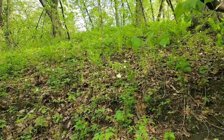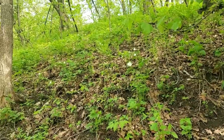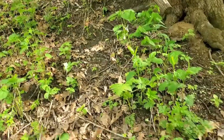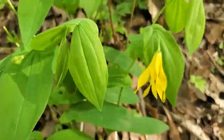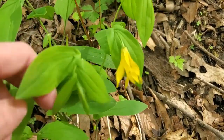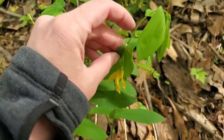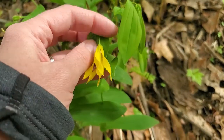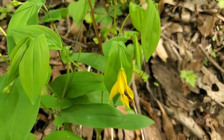Another thing you'll find on the hillsides, sometimes mixed in near that large flowered Trillium that we talked about, that big white flower, are these smaller yellow flowers. This is large flowered Bellwort, and might have 2 or 3 flowers on it, but this one looks like it just has 1. If you look, the stem always goes through the leaf and they nod down these bell-shaped flowers. They have 6 yellow petals, but they kind of droop like this,